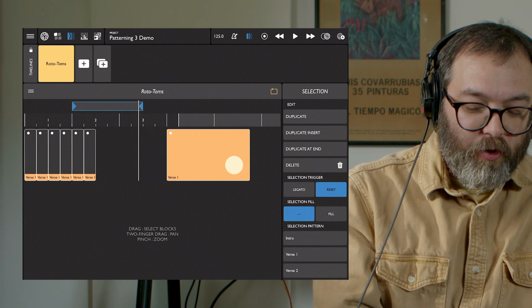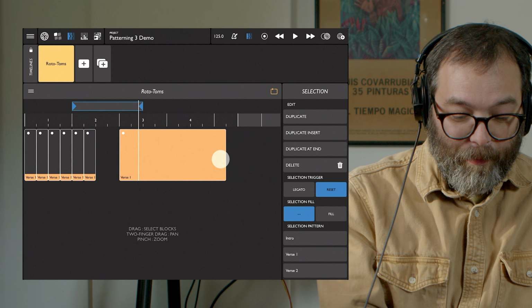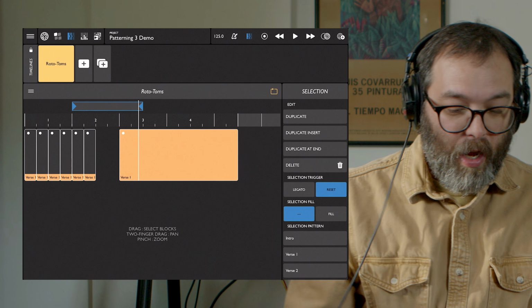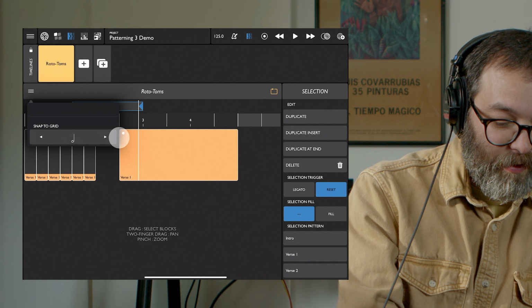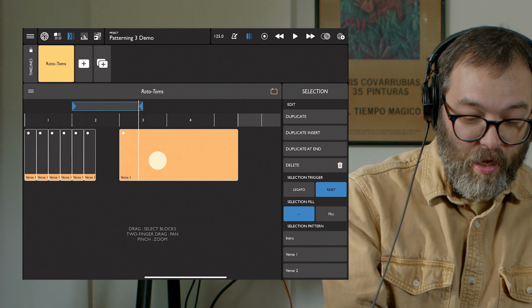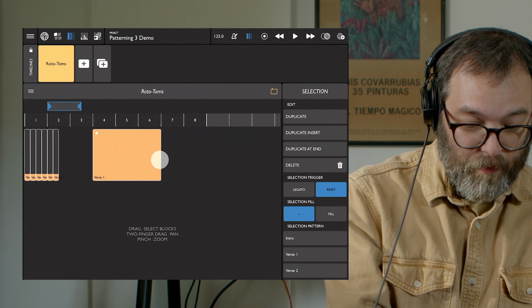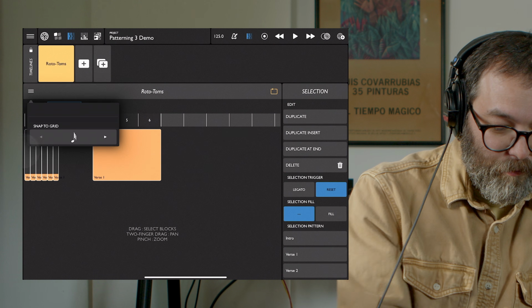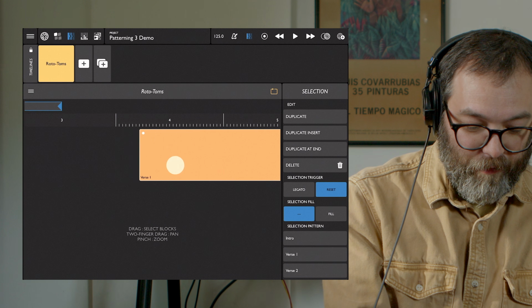Oh, I forgot to show this. Let me show you this before we move on. When you're dragging stuff around in the timeline, it snaps to, right now, quarter notes. I can change this behavior with this drop-down menu here. We can snap to a different value, like I could snap to one measure if I always know that I want things to be on measure markings. Or you could use 32nd notes if you really want to get in there and have fine-grained control